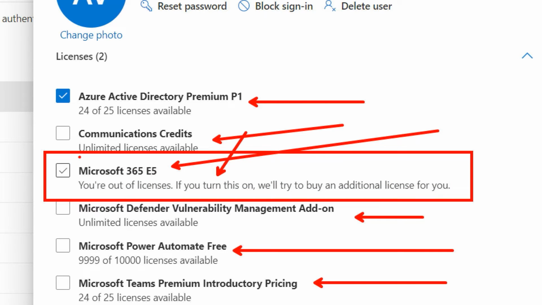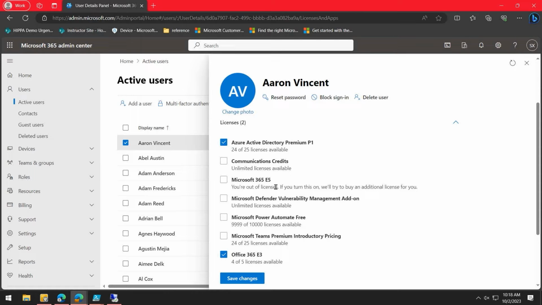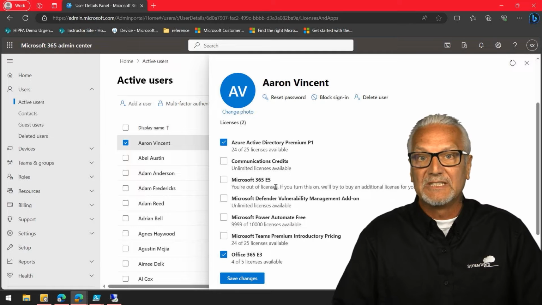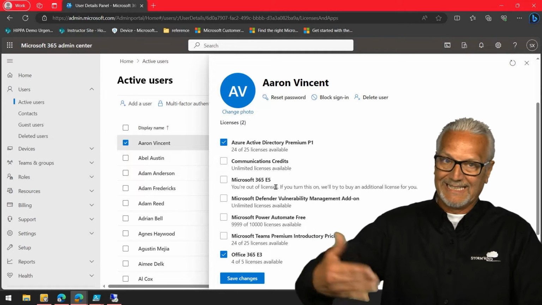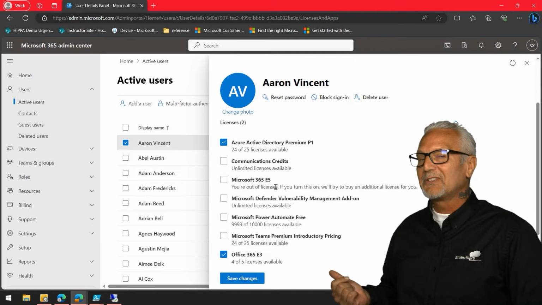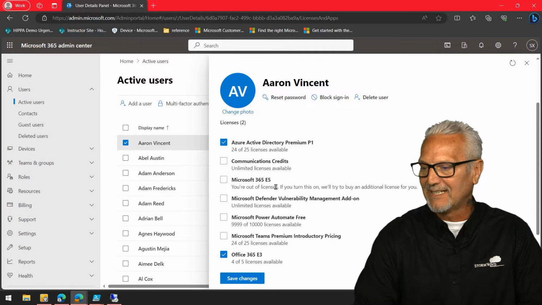So whatever my purchasing option is, however that's set up in my organization, I'm going to need to either initiate that, contact somebody, whatever it is I need to do, and I need to get another Microsoft 365 E5 license so that I can assign it to Vincent. Or alternately, unassign it from someone else, and then it becomes immediately available and I can assign it to Aaron